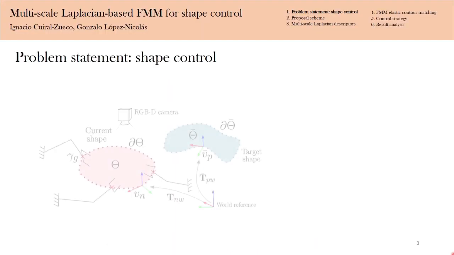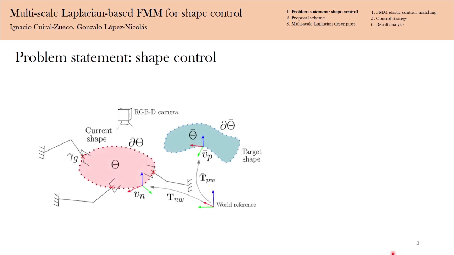So the problem statement, what is shape control? We're trying to solve the problem of bringing a deformable object into a desired target shape. We're assuming the information we have from the object is provided by an RGBD sensor, in this case, for instance, an RGBD camera. And this means the contour of the object is defined by discrete points, and they are homogeneously